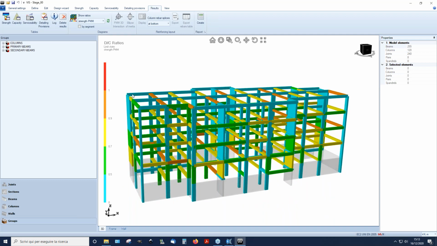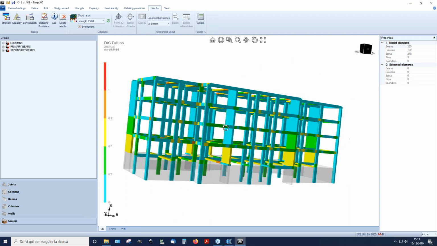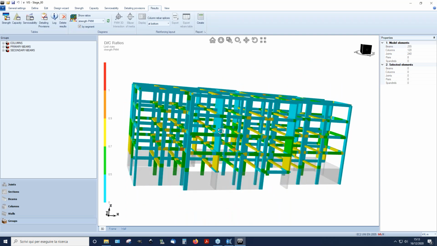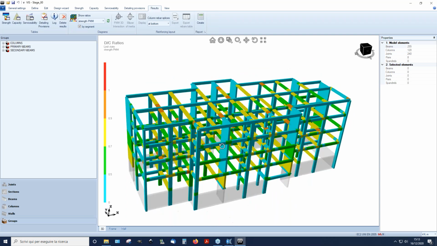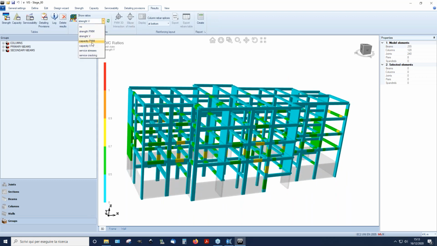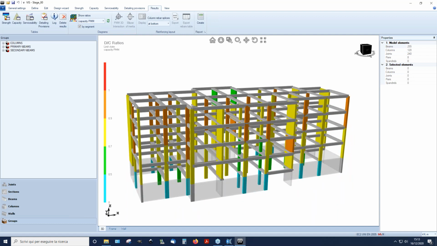I can see them also on a segment by segment basis. In this case, I can see how the reinforcing is differentiated in the different segments, and the same can be done for the shear strength check, for the capacity PMM checks, and this is done only for primary columns, and